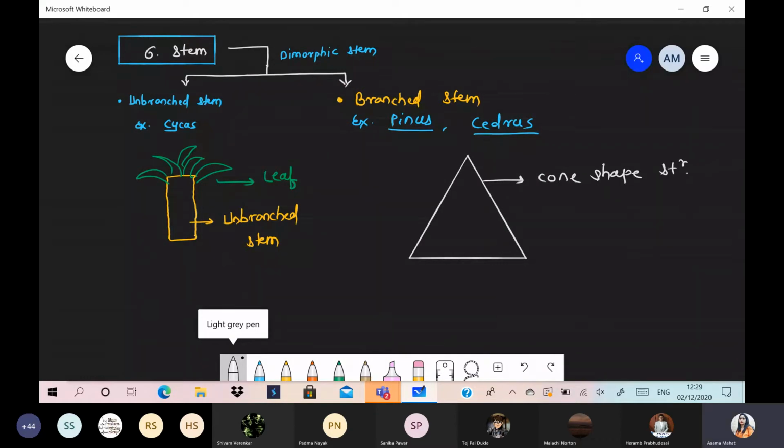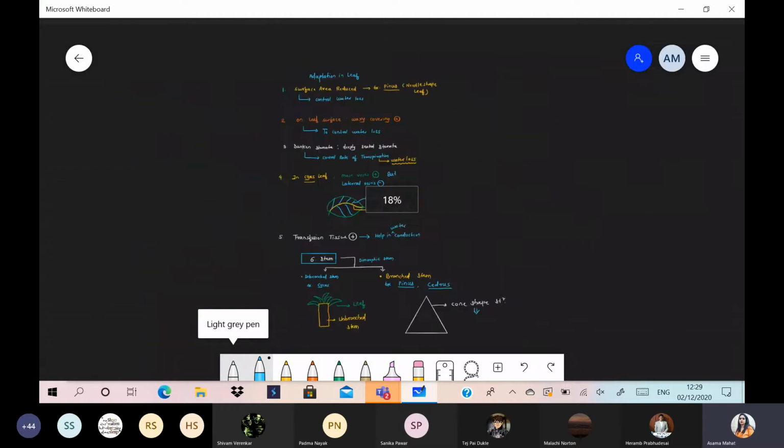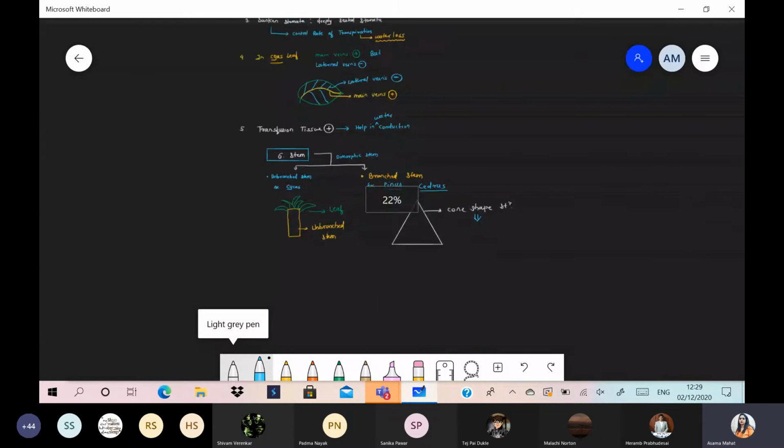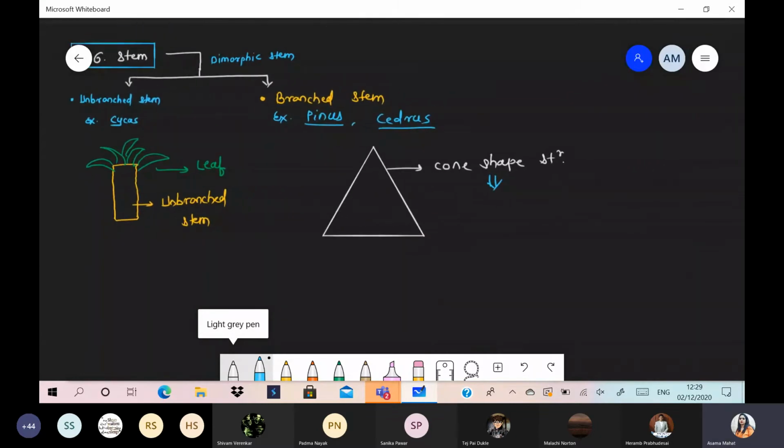Plants basically have a cone shape structure. And such a cone shape structure of the stem is called an excurrent type of stem. Simply, these are called excurrent stem. So what is the meaning of this excurrent stem? We are trying to understand this, which is very common in the case of pinus and cedrus, and one question comes from the excurrent stem.